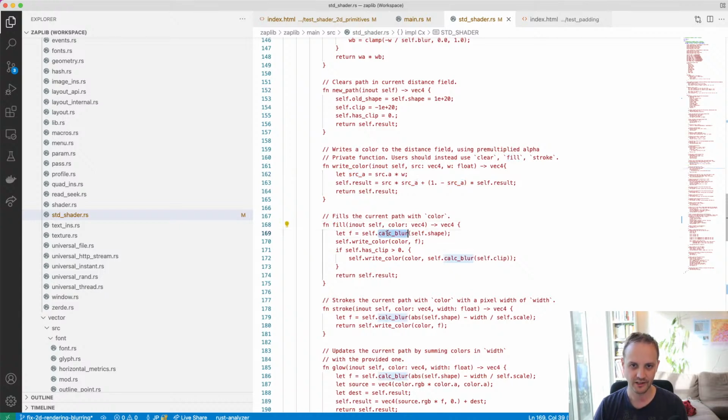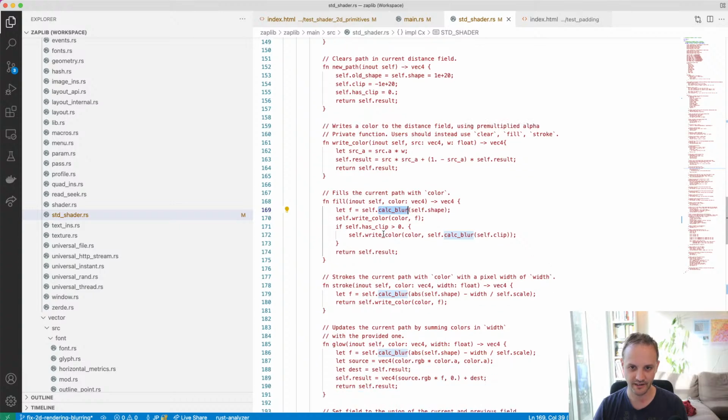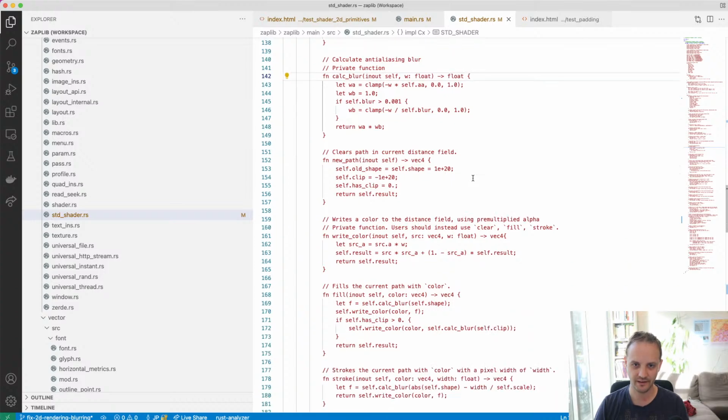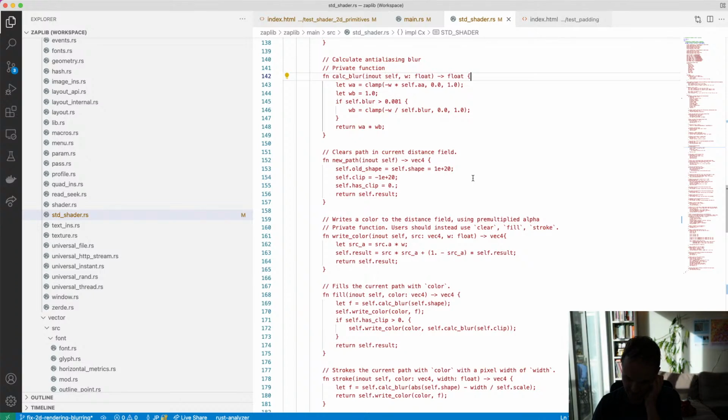Okay, so this calc blur is what is interesting. And then also you can see that the same calc blur thing is being used for the stroke thing. And that might not be quite right either. Or maybe it is. Okay, well, let's see. Okay, this is a private function. So yeah, we get our distance essentially. And this distance,